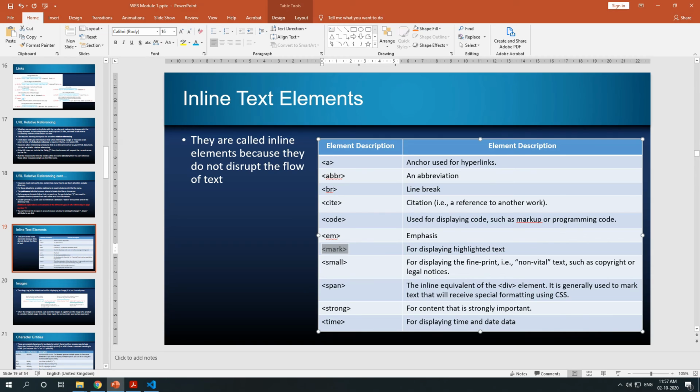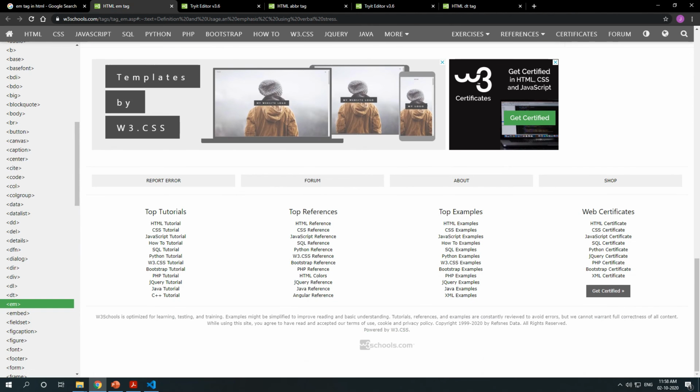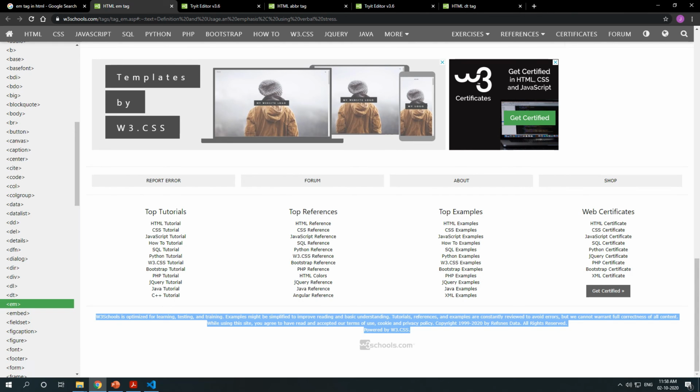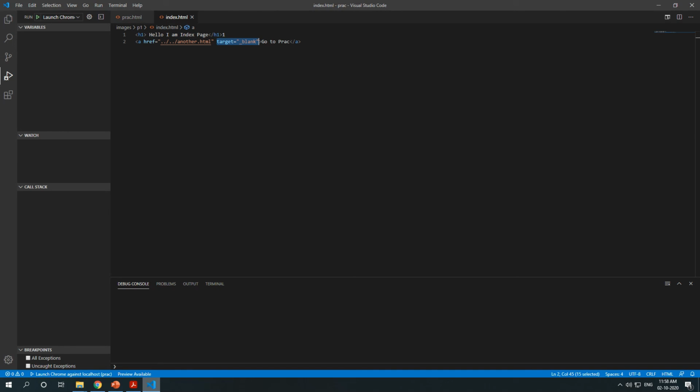After that you have small. You might have seen this on many websites. Let me show you this HTML site. You might have seen this kind of very small text, right? At the bottom of the page you add copyright information and all, right? This is where you use a small tag. Here, if I want to write an example, I write P, hello, this is a copyright page.